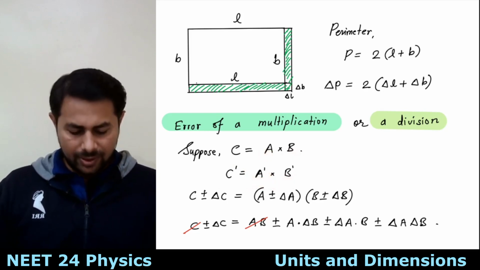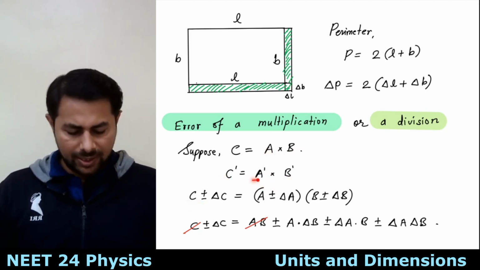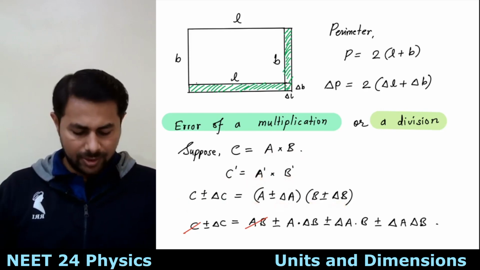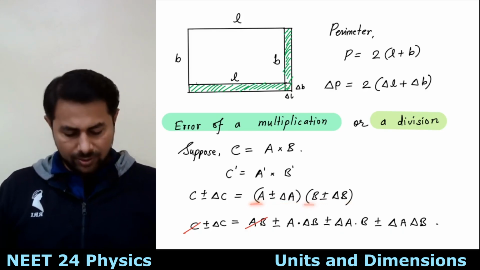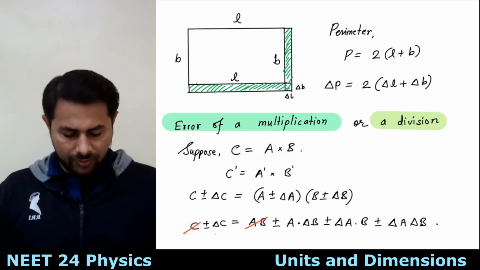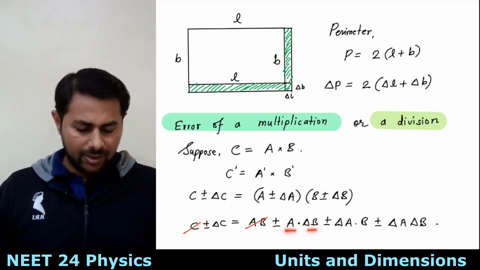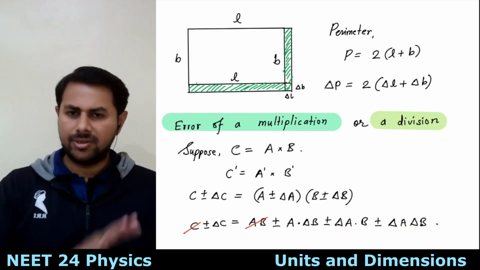Very simple, right? So again we put C dash is equal to C plus minus delta C. A dash is equal to A plus minus delta A. B dash is equal to B plus minus delta B. Okay, then you expand this. So then these four terms will come. Out of that, first term will be A times B. So A times B is just equal to C. You cancel out that C with A times B. Then what do you get? Plus minus delta C is equal to plus minus of A delta B plus minus delta A times B plus minus delta A delta B, and out of these, this quantity, delta A times delta B, would be very small.